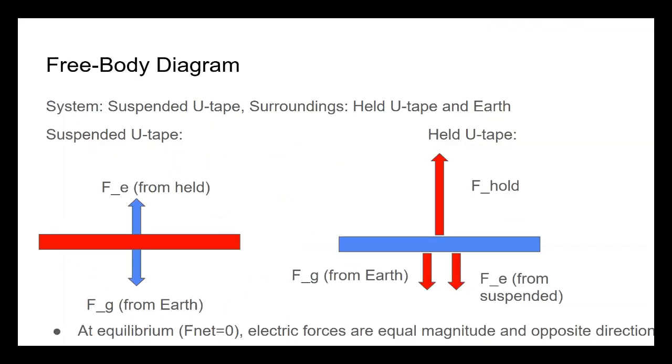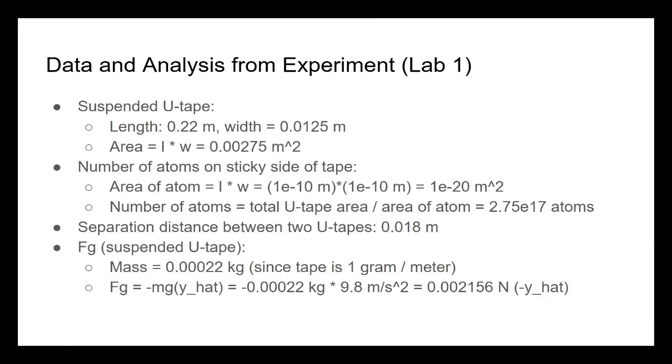So this is a free body diagram. It's very similar to Lab 1, except this time we have these bars across in the horizontal direction rather than circles as before, because they're no longer being modeled as point charges, but rather line charges. And just note again that these tapes are at equilibrium, so the electric forces are equal in magnitude and opposite in direction. So from the experiment in Lab 1, we found that the suspended U-tape had an area of 0.00275